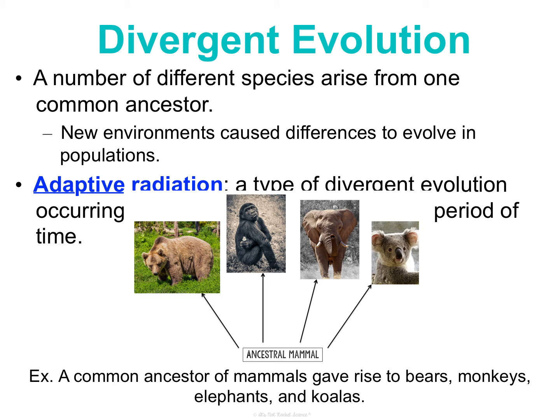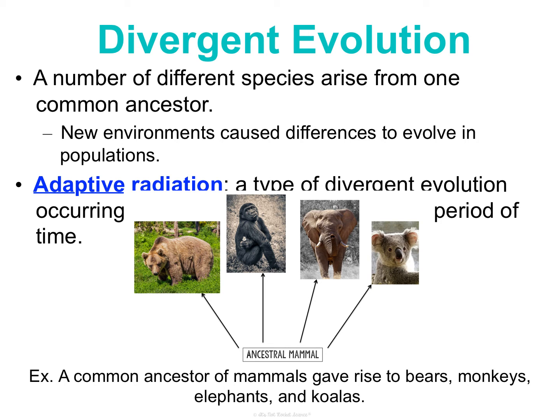Now, divergent evolution is when there's a number of different species and they arise from one common ancestor. Usually, new environments cause differences to evolve in populations. There's some sort of ancestral mammal. We don't know exactly what it is, but all mammals have diverged from this one ancestral mammal. Well, we have a clue about what we think that this creature was. It's more like a squirrel rat kind of creature, but nevertheless, there's an ancestral mammal that bears and apes,